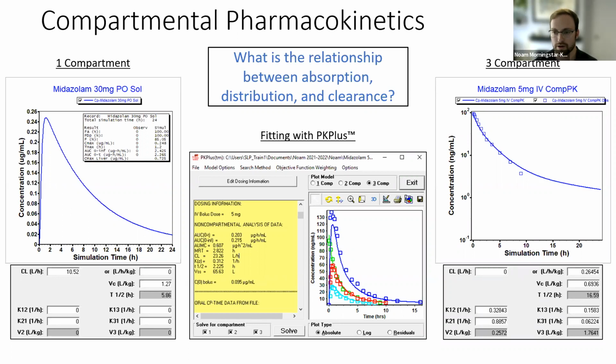What are the physiologic processes, and why can you use an IV data set to fit distribution and clearance better when you don't have to worry about absorption? When is absorption occurring? You can explore that with GastroPlus. Going back to the oral dose, if I want to explain why we want to use the IV model